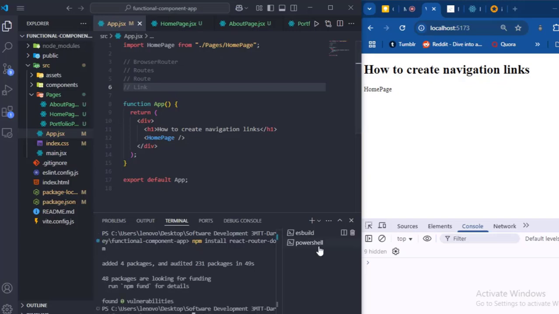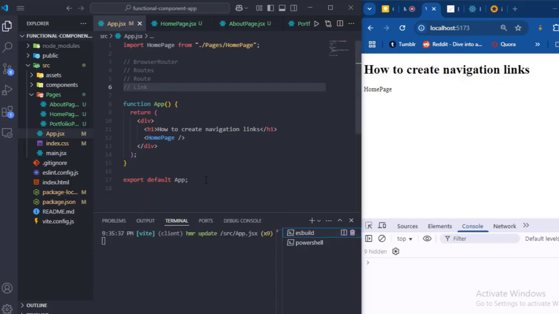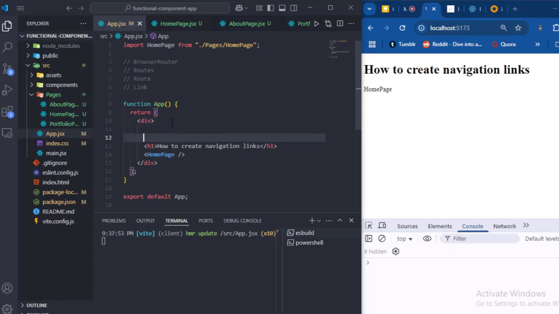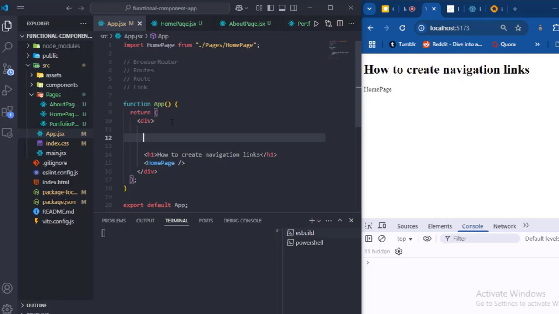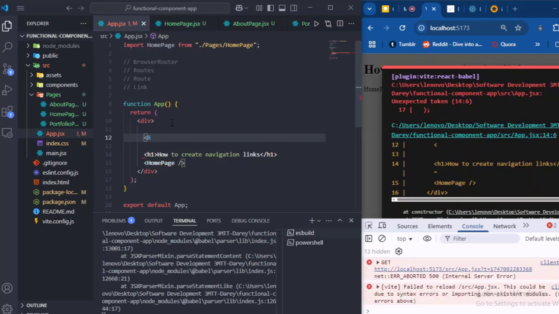Okay, the installation is completed. Now, here, I'll leave this the way it is for now. Let's just leave it like that. Now up here, I'm going to first, let's go back up a little bit. So here, I'm going to put in our browser